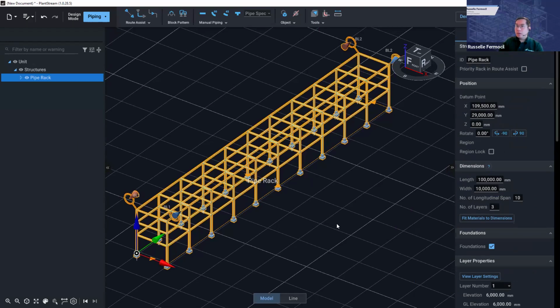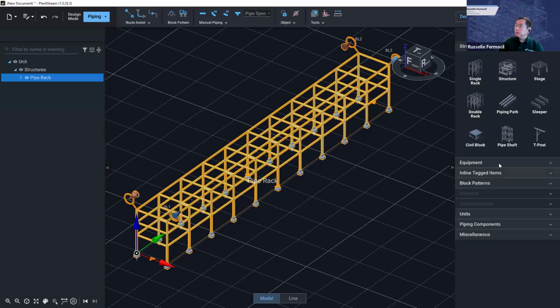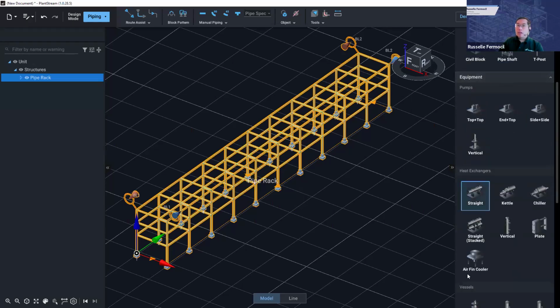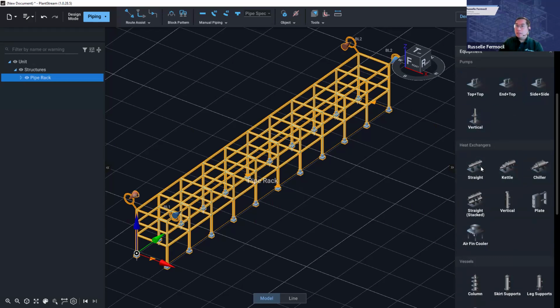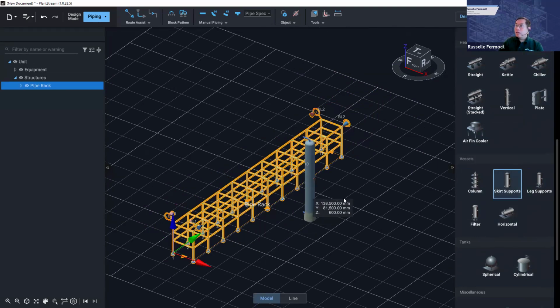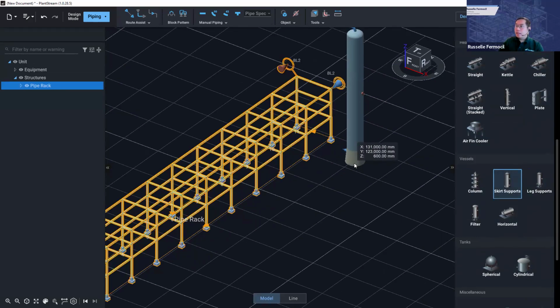Now let's proceed with the equipment. Okay. So again, on the Elements tab, we can see the equipment section. PlantStream provides templates for frequently used equipment such as pumps, heat exchangers, vessels, and tanks. So let's try placing a skirt support vessel, for example, this one. We simply select it from the Elements tab and then drag it to the main view and then drop